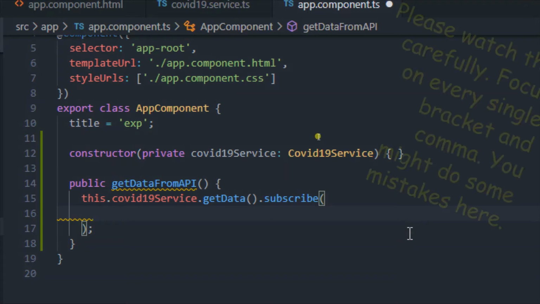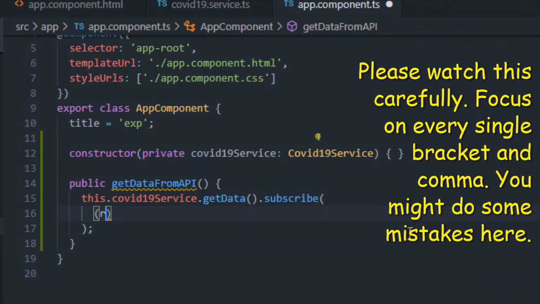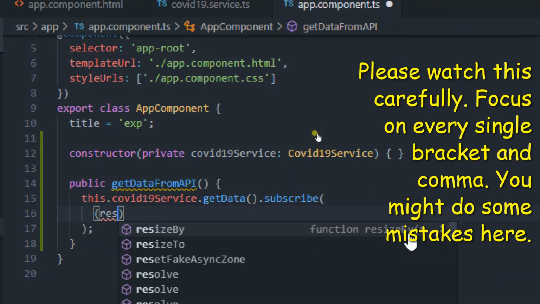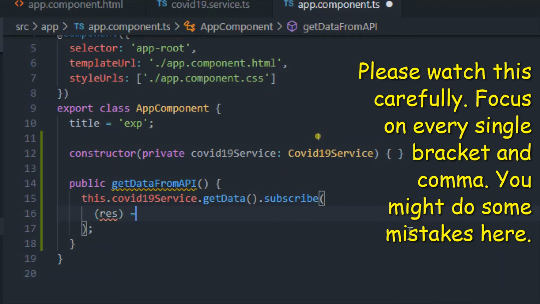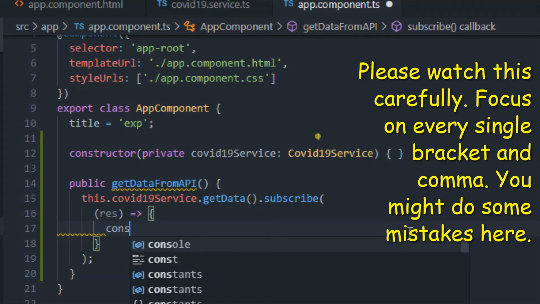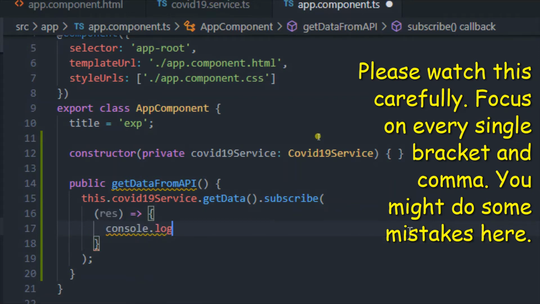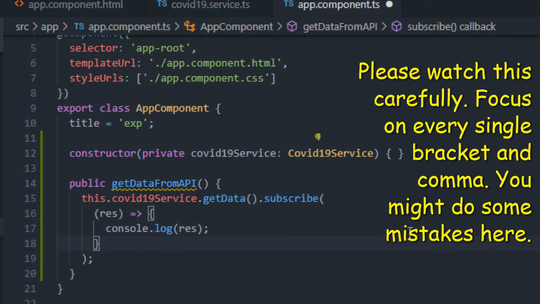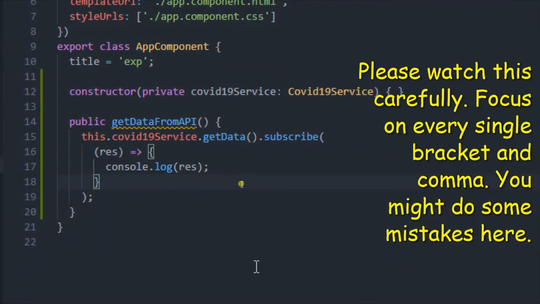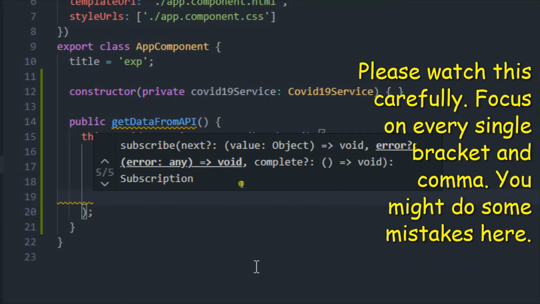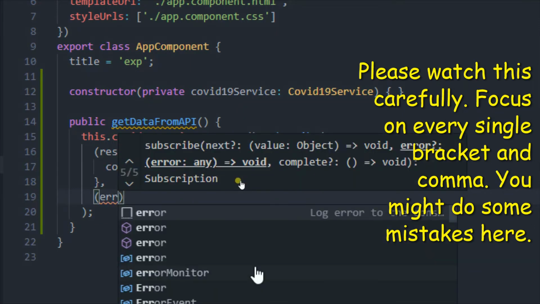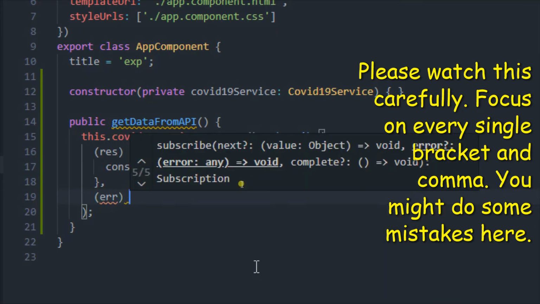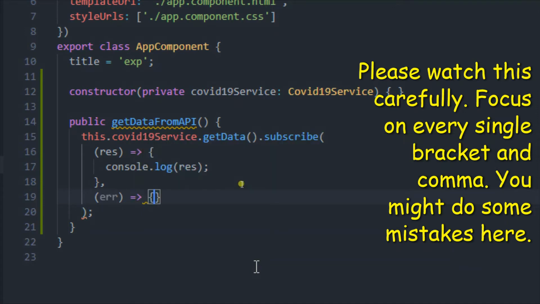So over here let me give the two brackets again, then res, which will be a response variable, and this arrow function, and let me console.log response. And if at all I get any error, then let me console.log that particular error as well. So err is an error variable name, you can give any name.